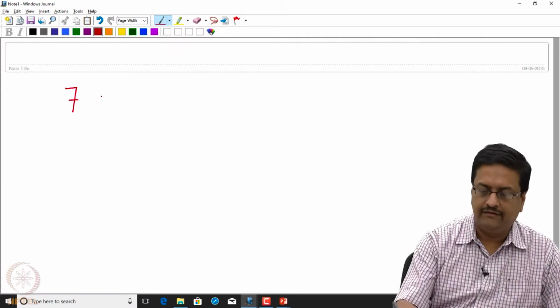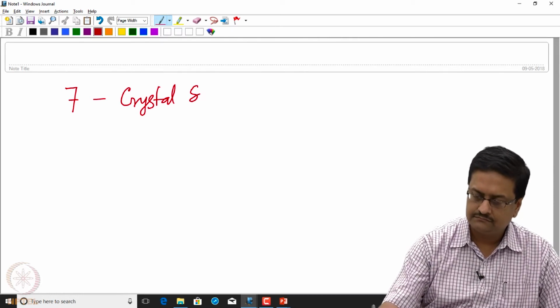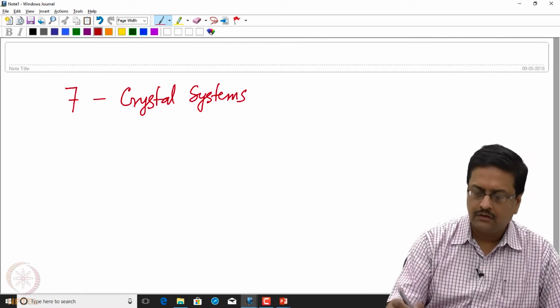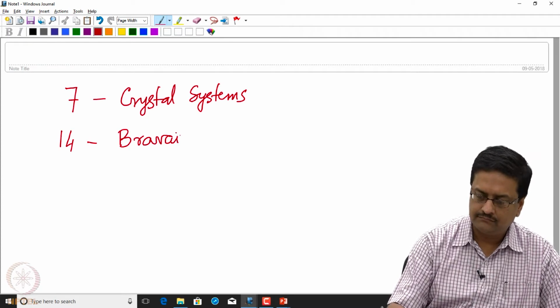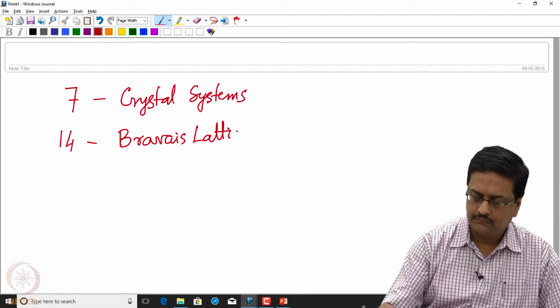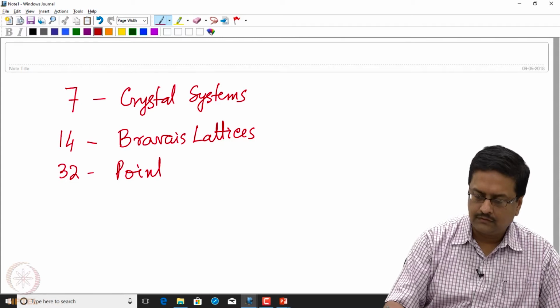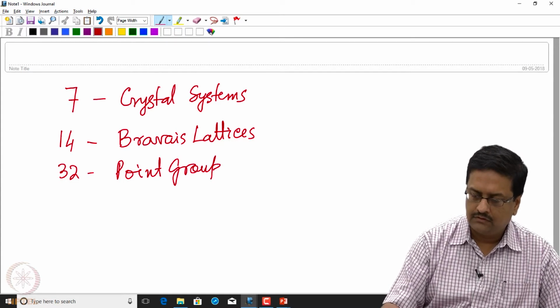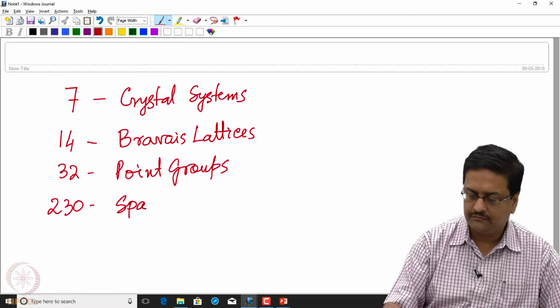For example, we have discussed about 7, which indicates 7 crystal systems. We have learnt about 14 Bravais lattices, 32 point groups, and we just indicated that there are 230 space groups